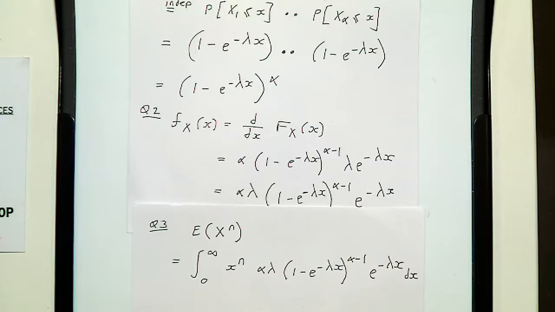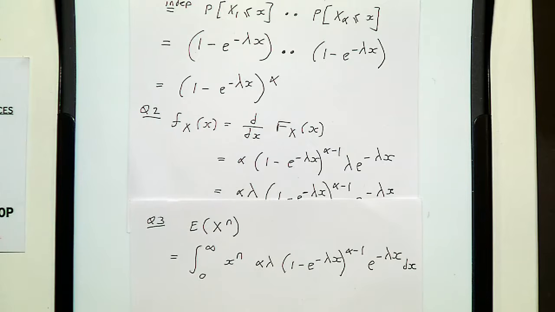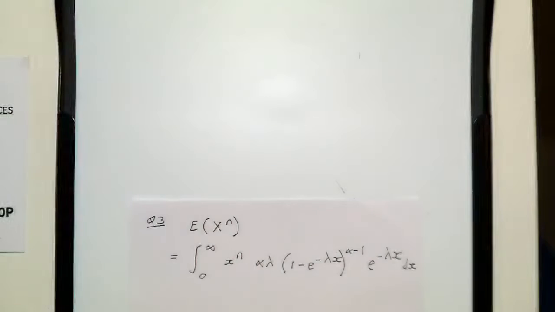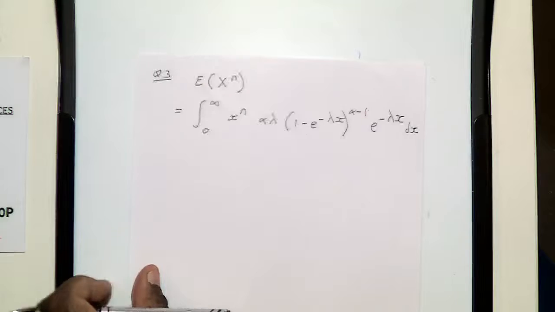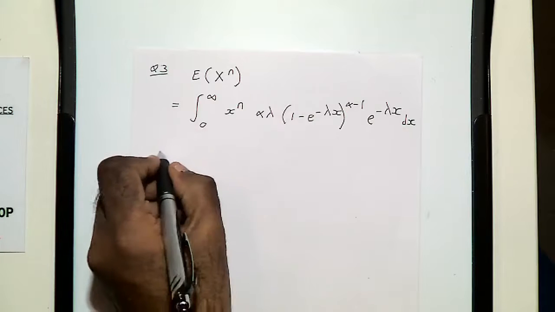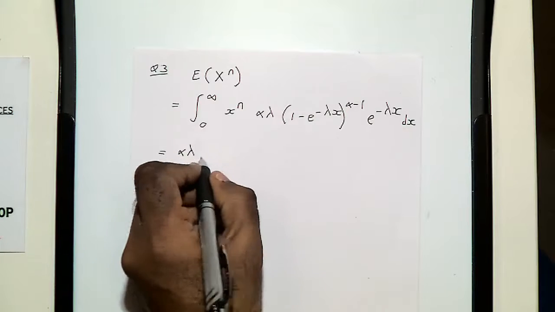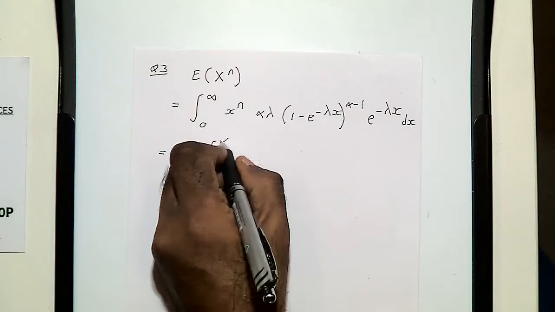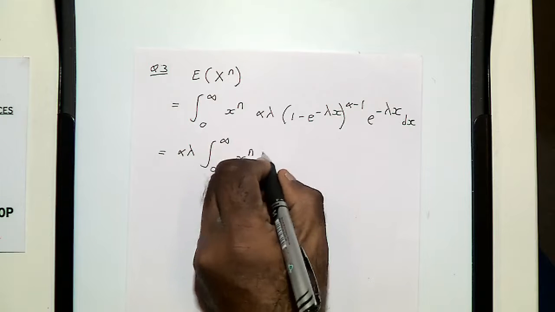All right. So you need to basically work out this integration. Obviously, integration is something that you learn by experience, so there's no rule for doing integration. There are many ways you can do this integration, but I would do it like this. First of all, let's take the constant alpha lambda outside. So this is alpha lambda times the integral from 0 to infinity of